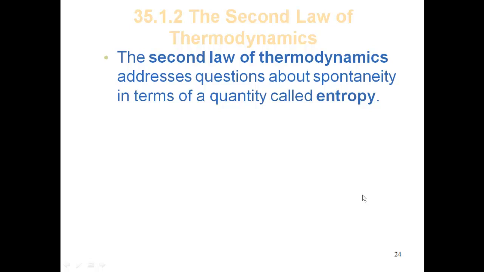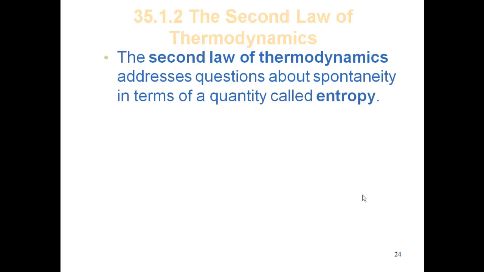We just finished covering Chapter 29, which deals with thermochemistry, information that we learned back in Gen Chem 1. We're going to take that information now and move on to Chapter 35, where we're going to apply some of that information we learned in Chapter 29. We're going to start off with the second law of thermodynamics, which addresses the questions about spontaneity in terms of